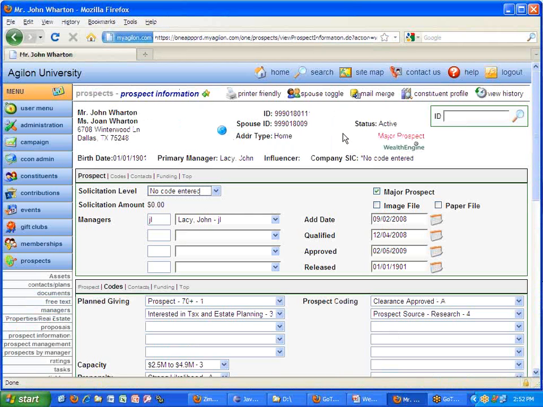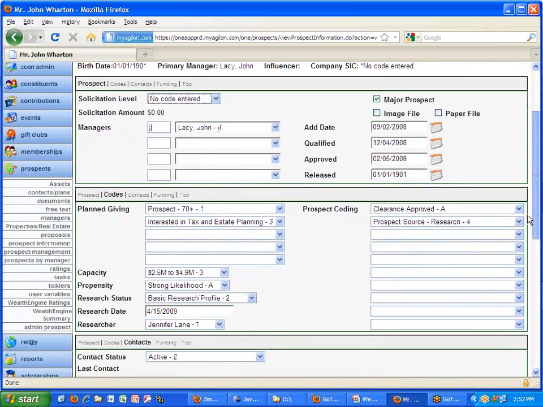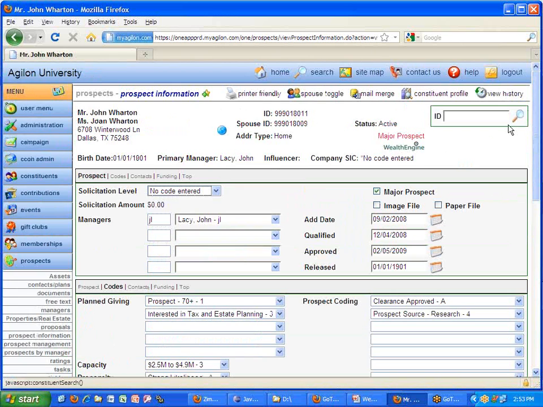So the screen we have here is our general prospect information screen. Within ONE, we have a comprehensive prospect management module for tracking your plans and your contacts and your strategic initiatives and progress towards goals on those. And within all the prospect screens, as you're working with your prospects, the header provides a snapshot of general information about that prospect, their overall solicitation status, various codes of, in this case, who the primary manager is, influencers, contact